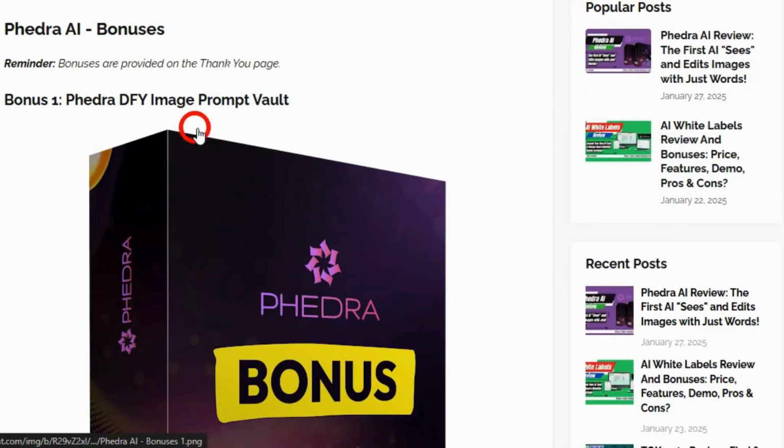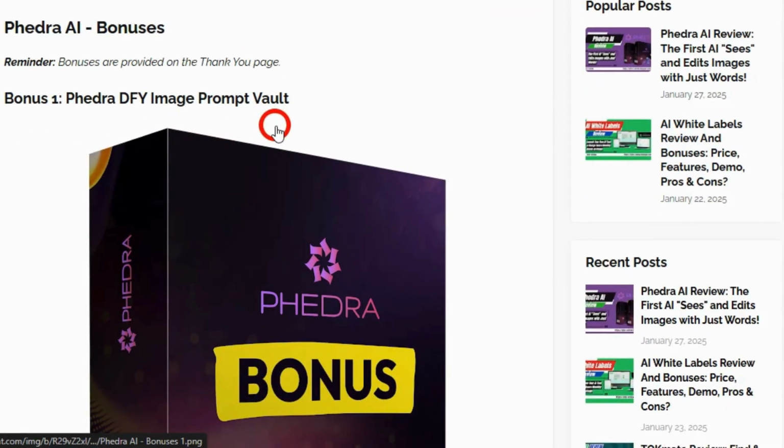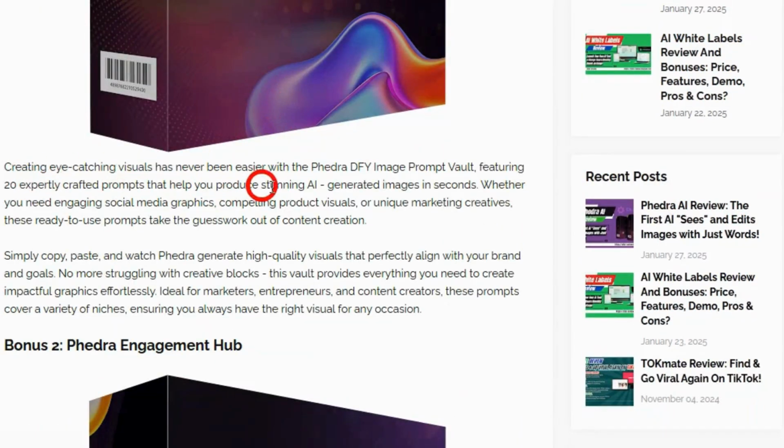Bonus 1. Phedra DFY Image Prompt Vault. Creating eye-catching visuals has never been easier with the Phedra DFY Image Prompt Vault, featuring 20 expertly crafted prompts that help you produce stunning AI-generated images in seconds. Whether you need engaging social media graphics, compelling product visuals, or unique marketing creatives, these ready-to-use prompts take the guesswork out of content creation. Simply copy, paste, and watch Phedra generate high-quality visuals that perfectly align with your brand and